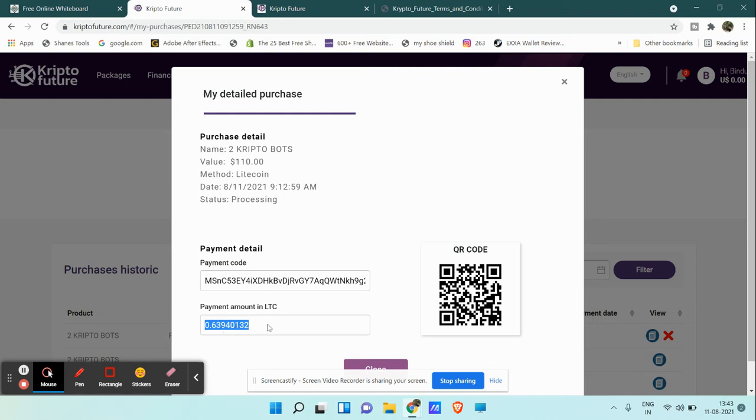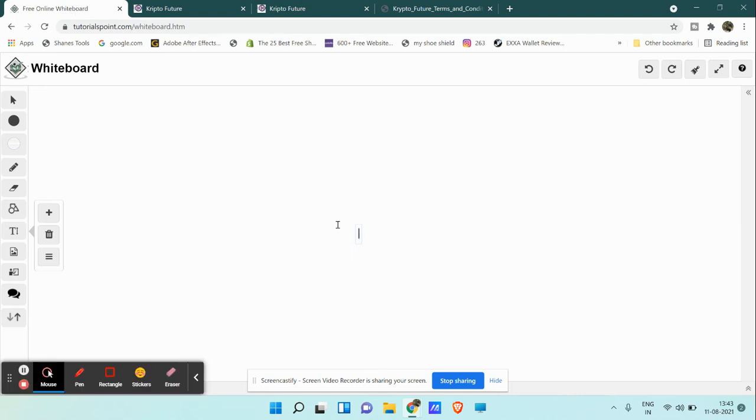So keep in mind, if you are using any exchange like Binance or WazirX in India, this is the amount which you have to pay, plus add the fees, because most of the exchanges don't add the fees up. In this case the fee is 0.001 LTC. So the total amount which is going to be